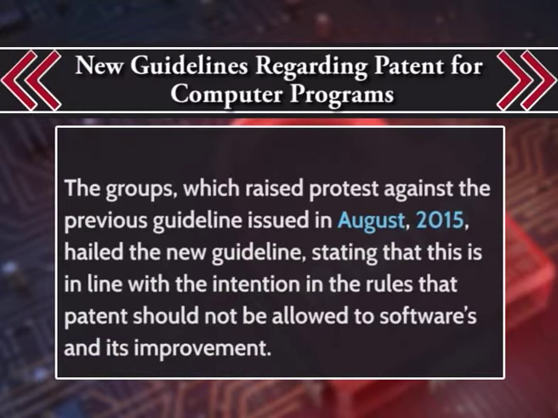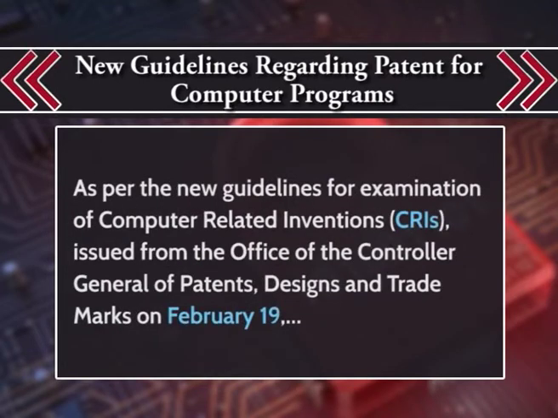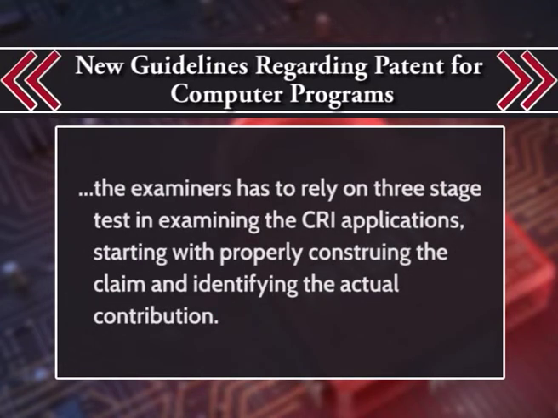The groups which raised protest against the previous guidelines issued in August 2015 hailed the new guidelines, stating that this is in line with the intention in the rules that patents should not be allowed for software and its improvement. As per the new guidelines for the examination of computer related inventions issued from the Office of the Controller General, Journal of Patents, Designs and Trademarks on February 19th, the examiner has to rely on a three-stage test in examining CRI applications, starting with